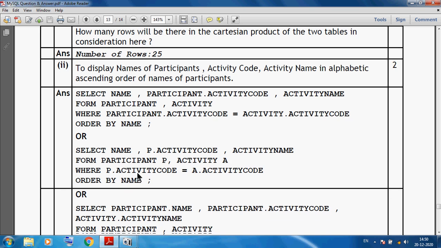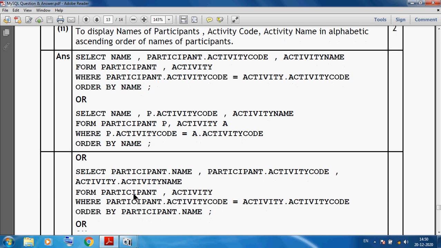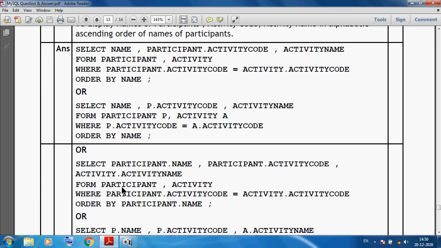Another option is we can use participant name, participant activity code, activity name, participant. So we can clearly mention our table name. But the where line is important: participant dot activity code is activity dot activity code. So first we join using the where command. Then we can see a particular column with the proper table name and particular column name. Clearly we can mention it, and in from